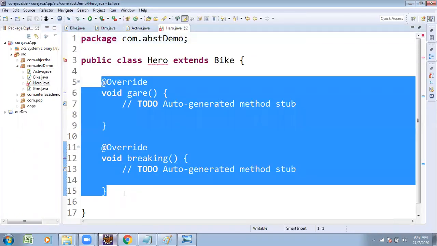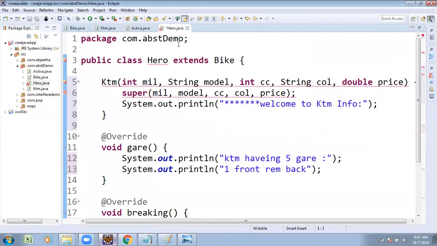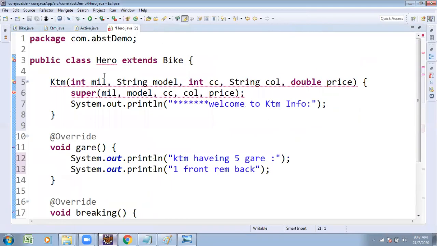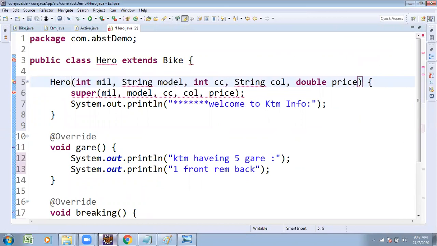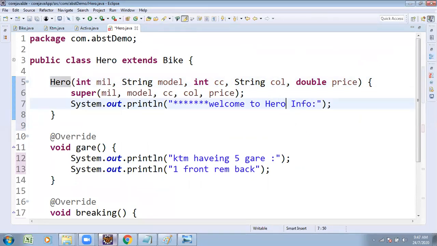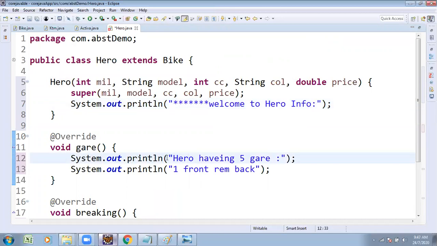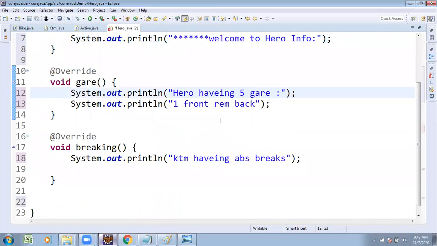Here also you present the logic for Hero. Here also we present welcome to Hero bike information. The Hero service engineer is going to explain. Hero having 5 gears, one front, remaining all are back.